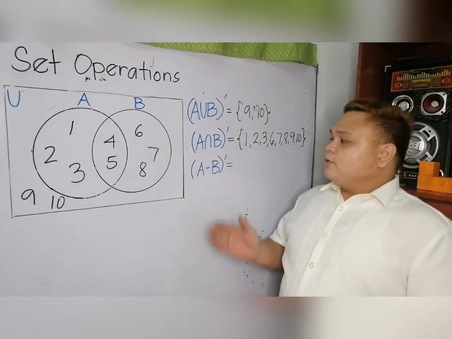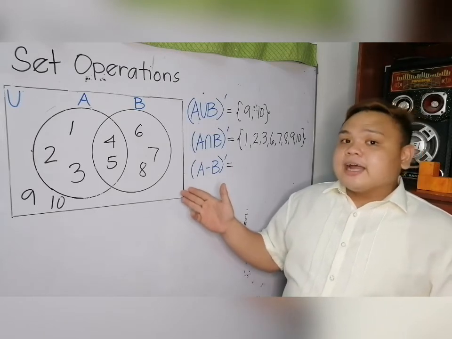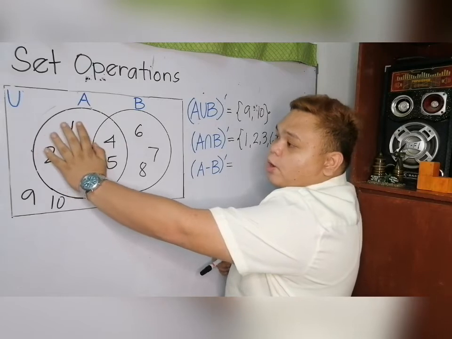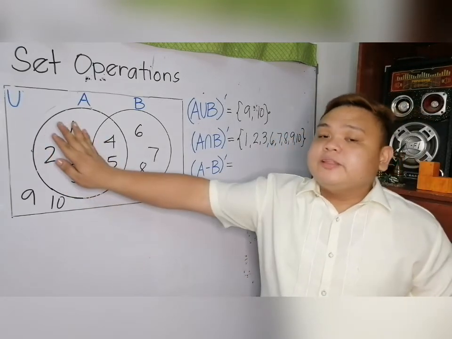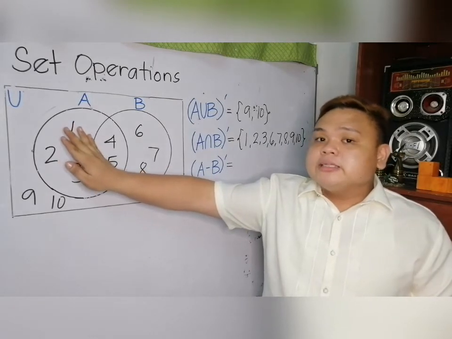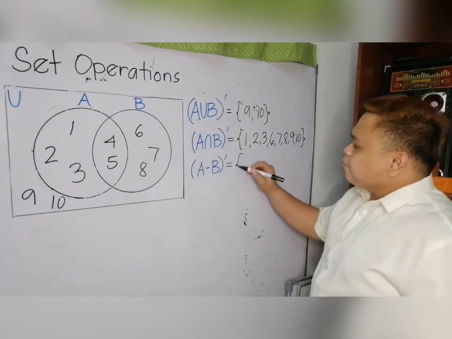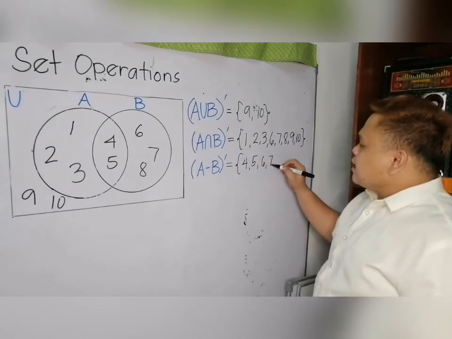Let us now move on to the complement of A minus B. Looking at this Venn diagram, the difference of A and B is this part. Now, in order for us to get its complement, all we need to do is to remove this part, and the remaining elements will serve as its complement. And those are 4, 5, 6, 7, 8,